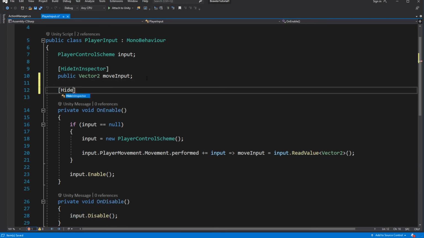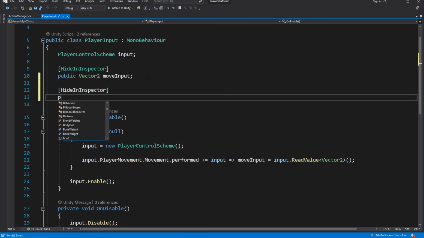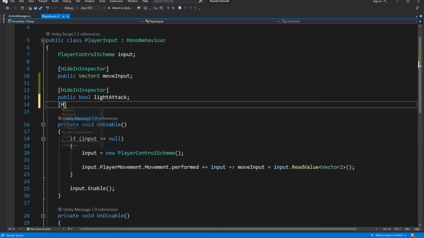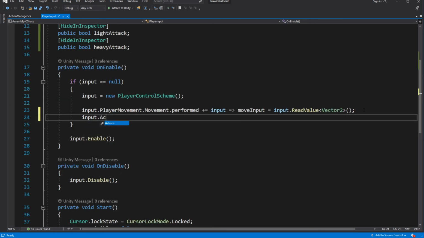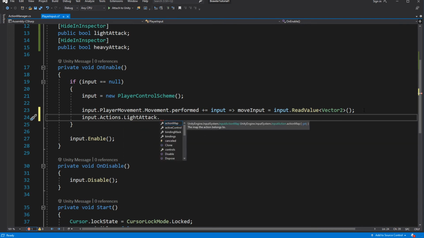Open player input, create two new public bool variables, light attack and heavy attack. Hide them in the inspector. So when the action button is pressed, we want to set the bool to true. Started event fires up every time a button is pressed.